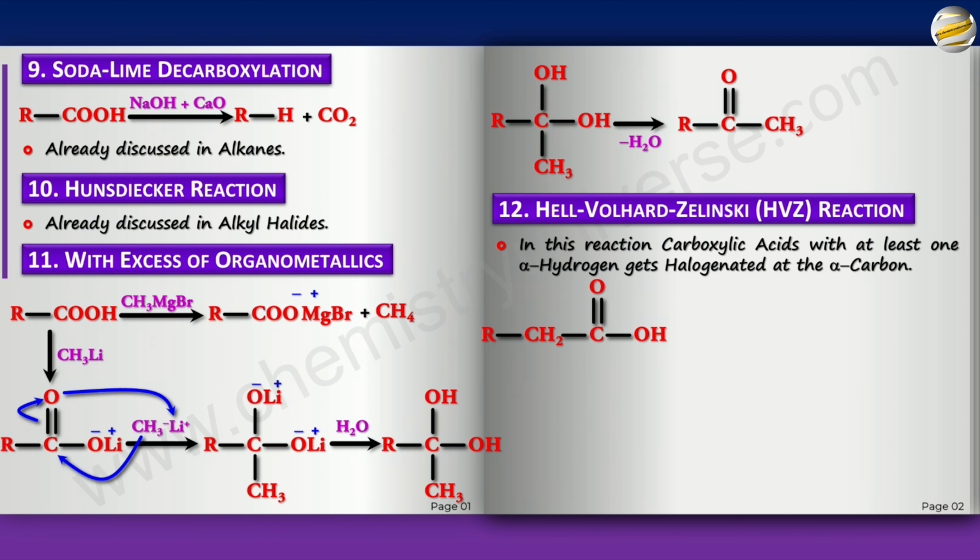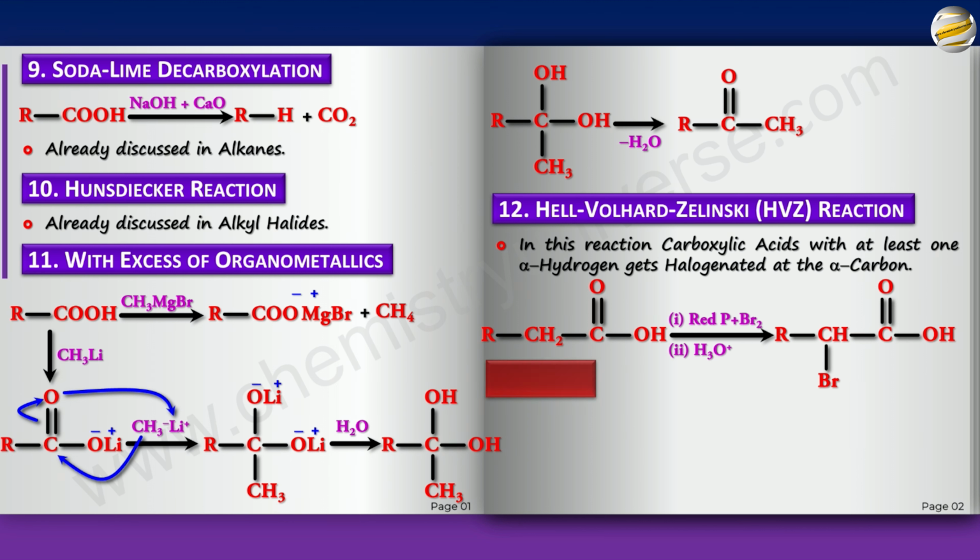So you have this. We use red phosphorus and bromine. You know that it gives you PBr3. And then hydrolysis, and you'll get this alpha bromo acid. Very important reaction. Mechanism is pretty simple. You use red phosphorus and bromine to get PBr3. Remember, PBr3 cannot be made and kept. Very unstable. And then when it reacts with the acid, now you know already what the reaction with PCl3 is. It removes the OH and converts that into a halogen.